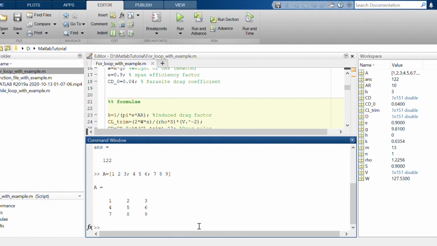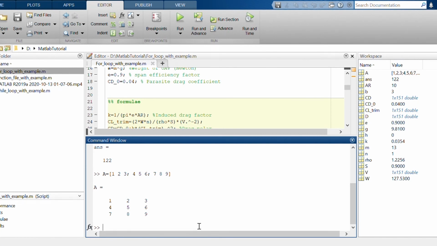So basically, you can notice that when you are writing matrix A, you write 1 space 2 space 3. Okay, listen again: 1 space 2 space 3. This is nothing but one row. If you put a semicolon, now you are going to the second row: 4 space 5 space 6, then again put a semicolon. After this semicolon the third row will come: 7 space 8 space 9. So your matrix is A.